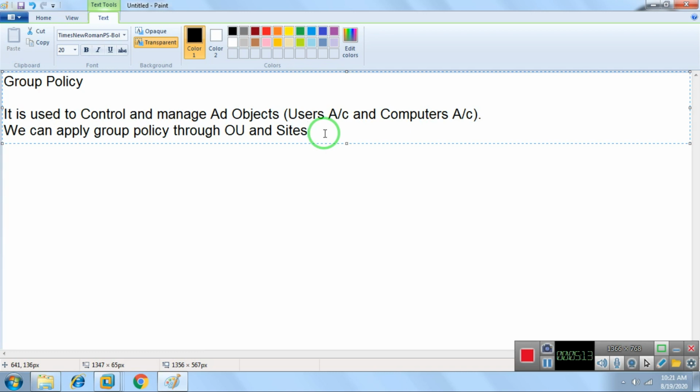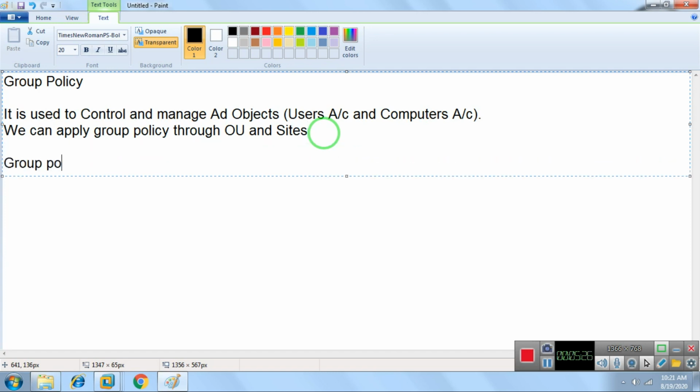Now next we need to understand that group policy has some tools and consoles.